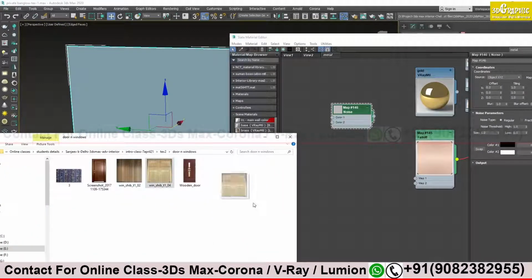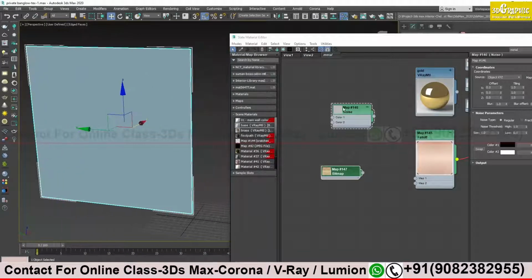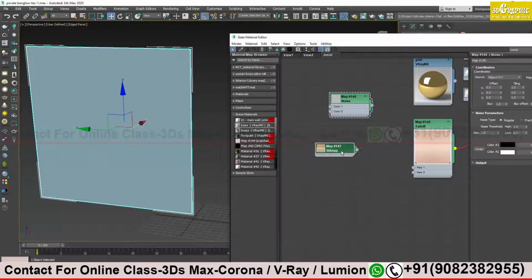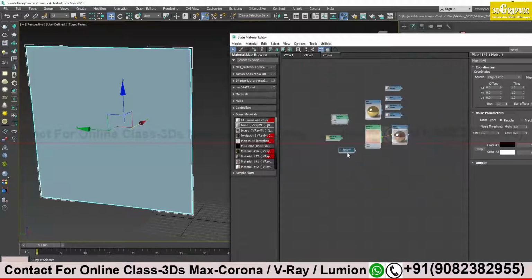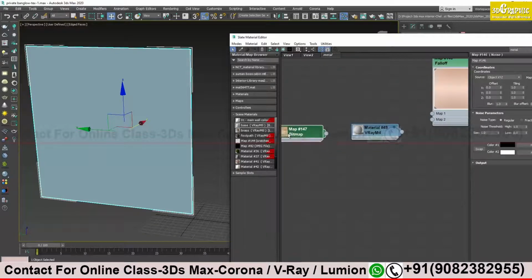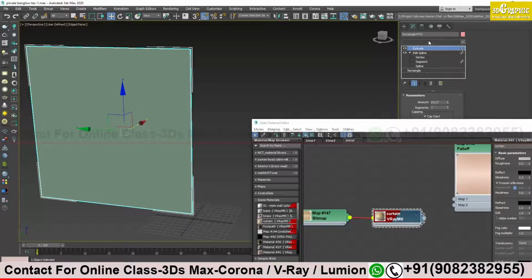There are multiple textures available on the internet, and try that also. I have a few that I use mostly. And I need a video material for this. Simply diffuse, double click, and this is my curtain. And then apply, and then show. And then UV I think I have to give.